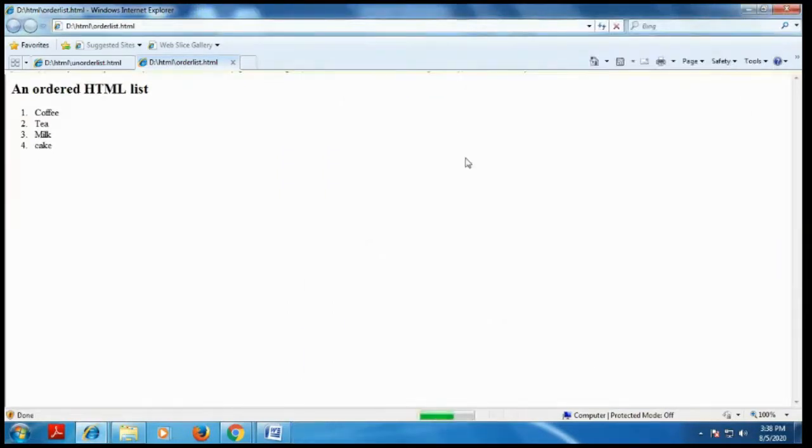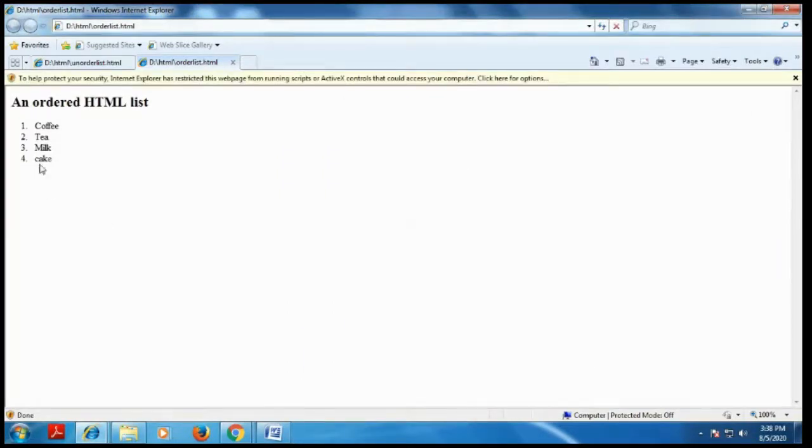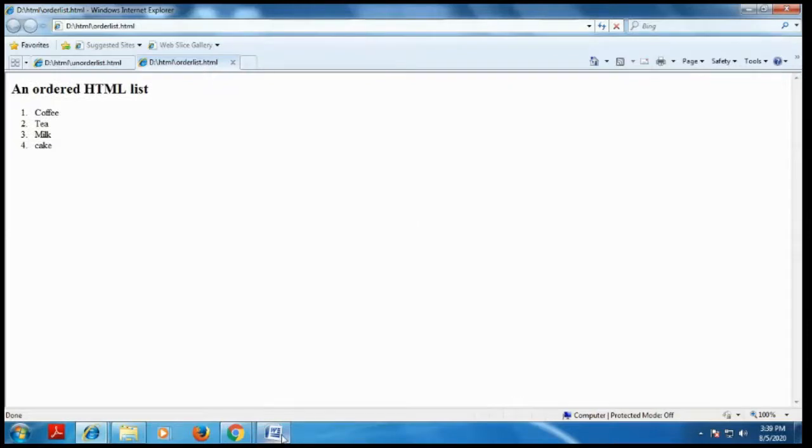Just refresh the page. You just see that I have added one more list item like this. The cake will be displayed here.